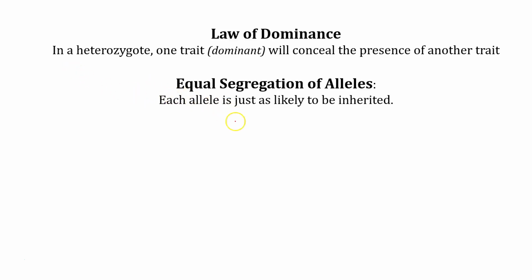Equal segregation of alleles. There are always two alleles, because we have two sets of genes, one from our mom, one from our dad. Equal segregation of alleles means that when a person has two copies of an allele and is making gametes, the gametes will have a 50-50 likelihood of inheriting either allele. One allele is just as likely to be inherited as another. So, for example, let's say we had a heterozygous person with a dominant allele and a recessive allele. Well, when this person goes to make gametes,